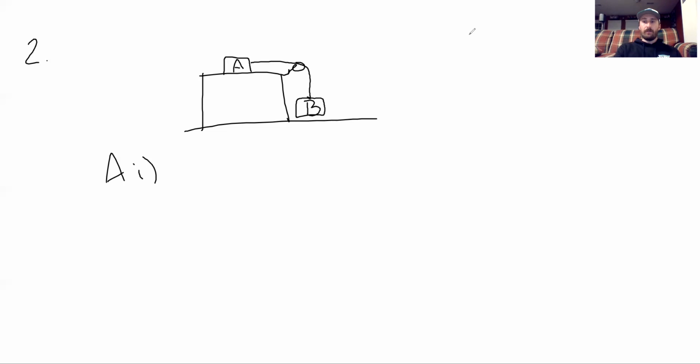So really, block B is going to be pulling with a really, really small force as compared to the mass of block A. So the tension trying to pull it is going to be relatively small, all right? Now, block A, because it's so massive, is going to have a lot of inertia, so it's going to resist that move. So if you're talking about something that has a lot of inertia and only a small force acting on it, it's not going to move. So what we can say is it's going to move because there's no friction. But since it's such a small force, we can say